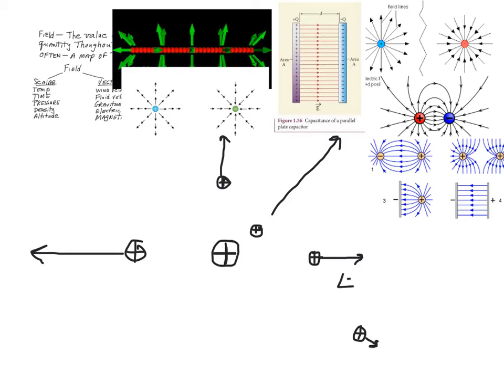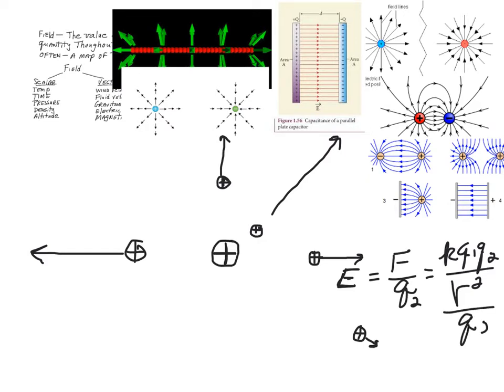Supposing I want to say the electric field at this point is the force that I measured divided by the charge that I used to detect it. In other words, it's the force per unit charge. And so that's going to be, using Coulomb's law, K Q1 Q2 test charge over that distance squared. But when I divide the force by the charge that I use, Q2,